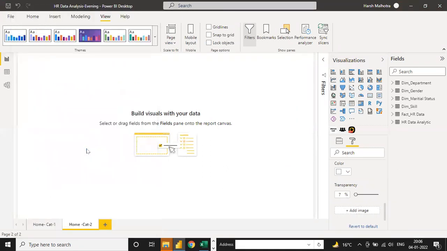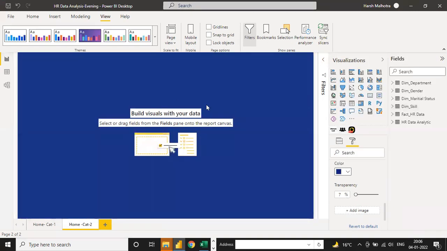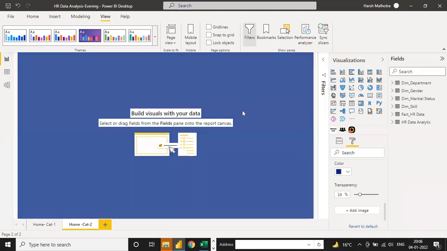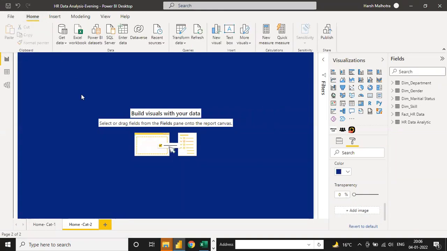Suppose right now I move to this blue theme, and if you check color coding, you have all the blue themes. Now I'm going to select dark blue. You can see the dark blue color is ready for my page. If you move transparency a little lower, you can. Otherwise dark is good. So like this way, you can make any of the changes.